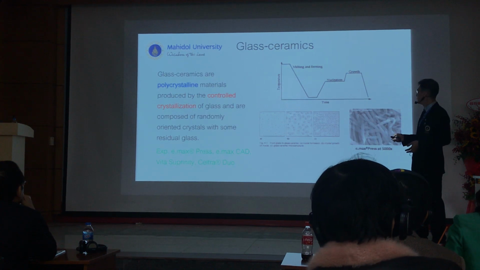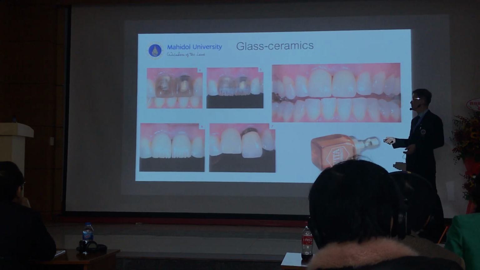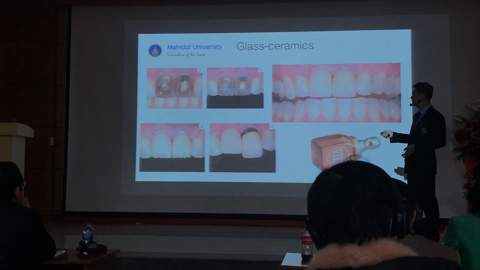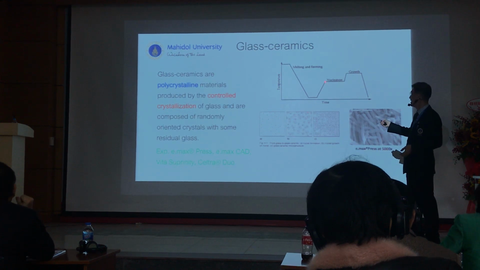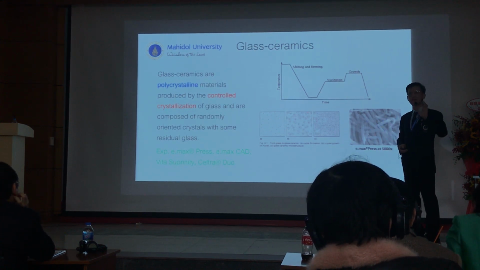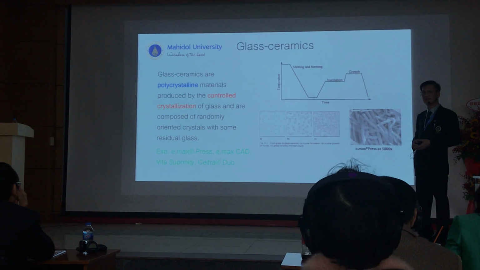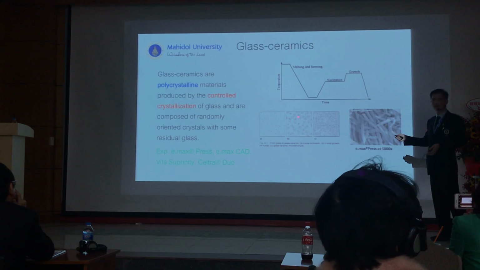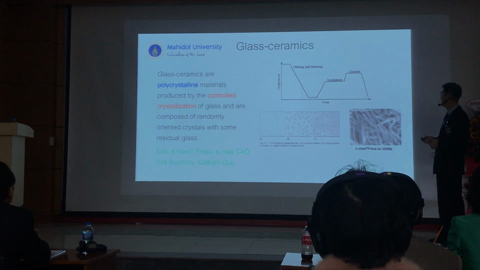If you make it, when you start something like this, it doesn't look like this right here. When you look back, then you come down, and you have to heat it up a little bit, to a certain temperature that we call the process of post-crystallization. And after that, in that period, the crystal will occur in that thing. Okay, that's why this group of material is called glass ceramic. It's made of ceramic or crystal from glass. Okay?